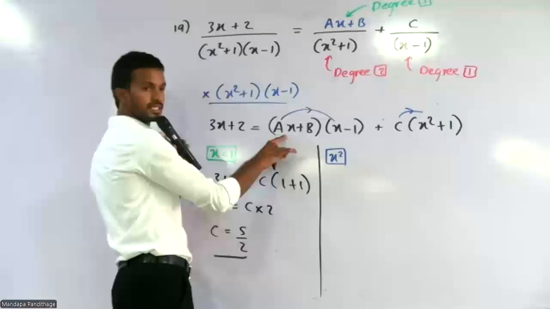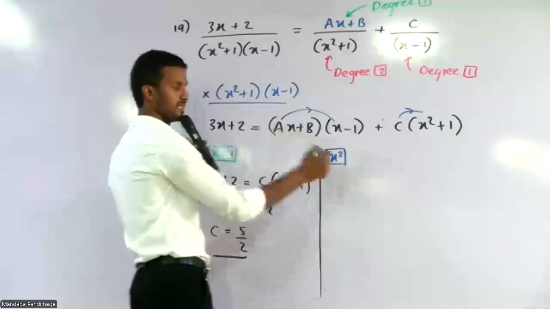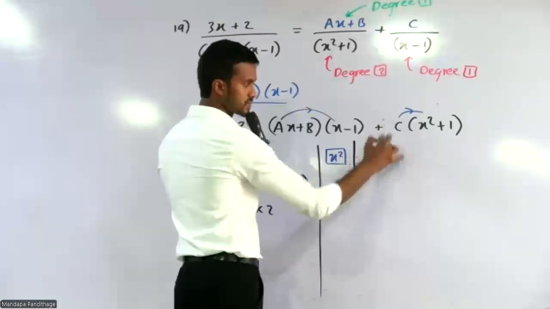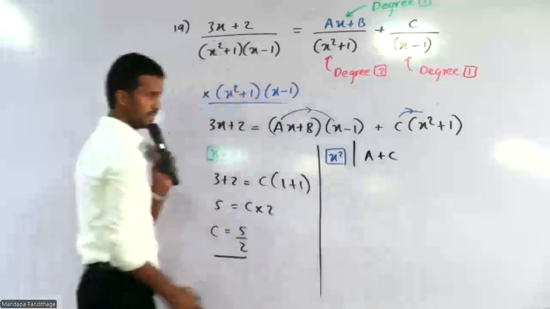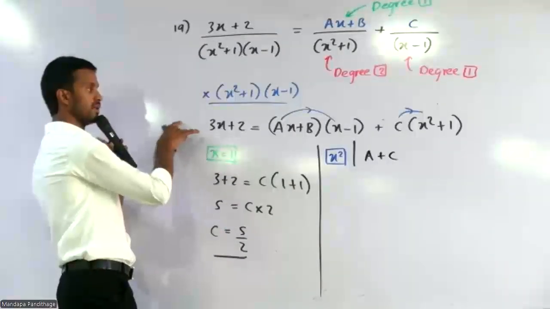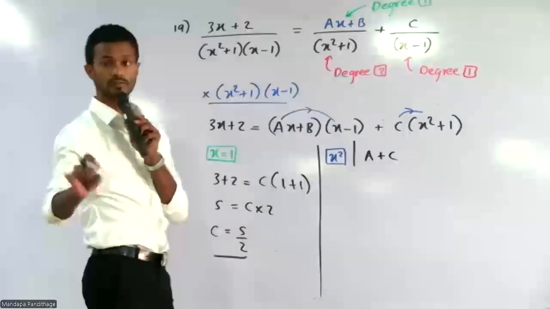So what is the coefficient here? Ax squared into x, so here it's 1 x squared. The coefficient is a. What is the other coefficient? Cx squared. The coefficient is c. Then you can say that it is equal to, there's no x squared on the other side. So when there is no x squared, I told you, the coefficient of x squared is